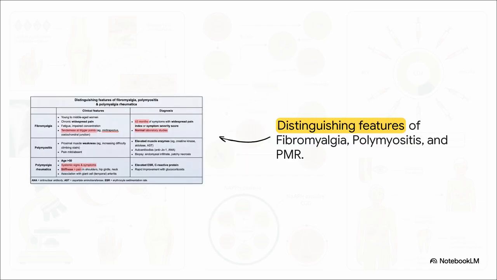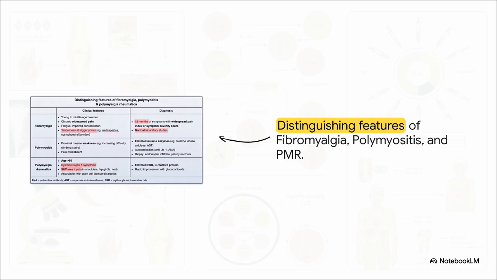Let's shift gears to distinguishing different myopathies based on how they present and their lab findings. Fibromyalgia presents with widespread trigger point tenderness, but totally normal labs. Polymyositis gives you proximal muscle weakness with significantly elevated muscle enzymes like creatine kinase. Then you have polymyalgia rheumatica, which typically presents in patients over 50. They'll have severe stiffness in the shoulders and hip girdle that feels way out of proportion to their actual pain,